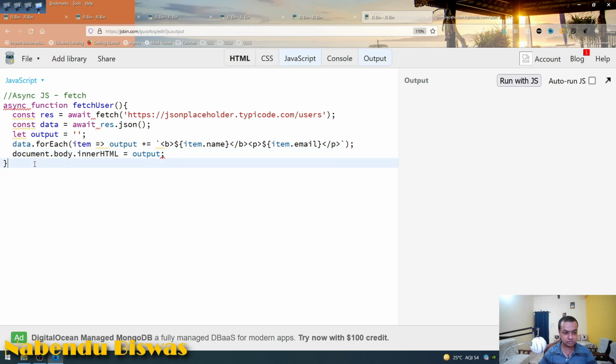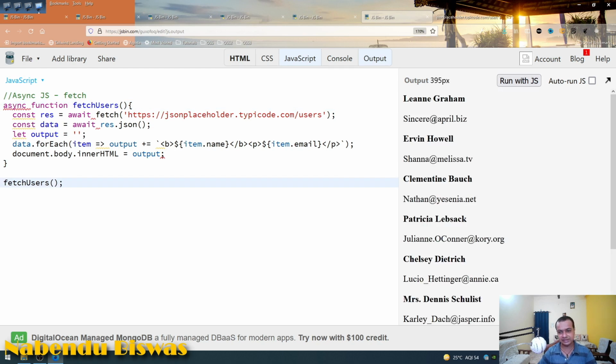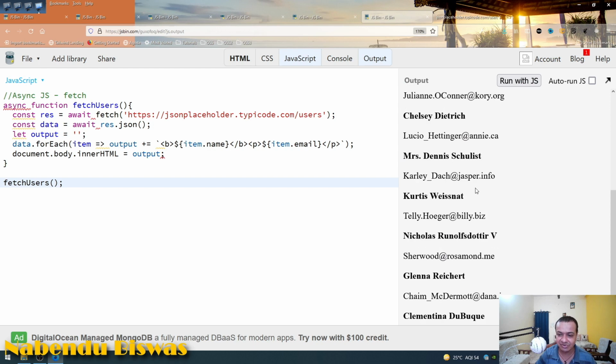Now we'll call this fetchUsers. It is user, but it should be users, it should be plural. Okay, now I will run it and see, we are getting all the data. So this is how the fetch API is used, and with this